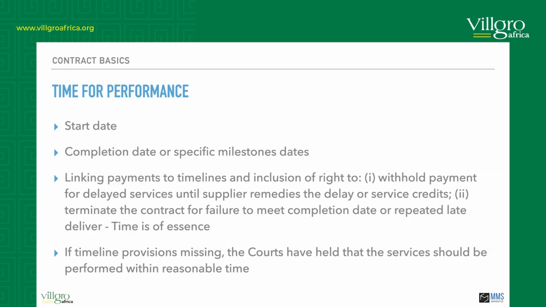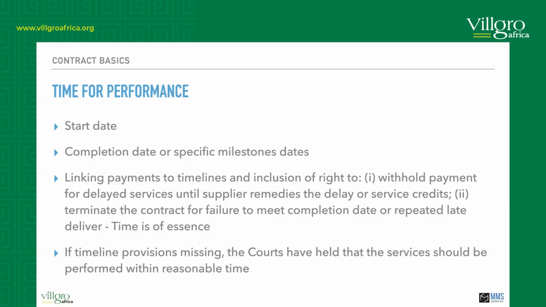Again, when you're clear on the milestones and the timelines, then you can also build in a provision that until this is delivered, an installment will not be paid. Or if it is clear there were 4 things this person was to do, and they keep delaying, it seems that they can never progress to module 2, then you can also build in a right to terminate if they are unable to deliver in time. And remember what I said, if timing is missing, then the court will deem that it was to be performed within reasonable time. So here you might see a terminology called